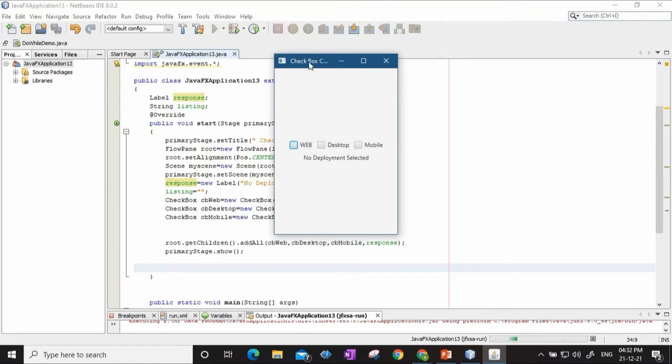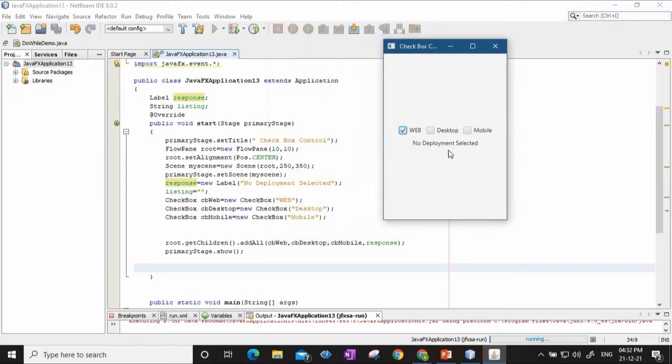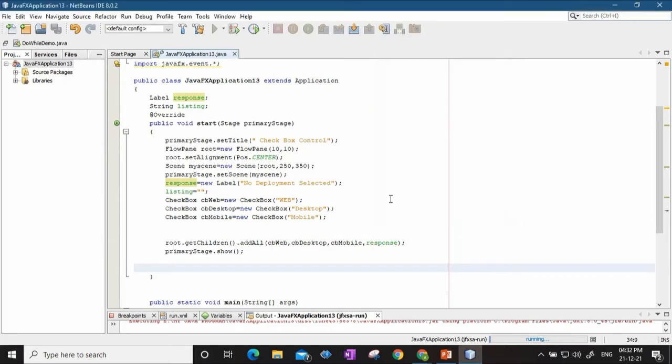So you see, these are the checkboxes. Now checkbox controls, unlike radio buttons, are not mutually exclusive. That means if I select this checkbox, I can also select this checkbox and this checkbox. We can select either one of them, or a set of checkboxes, so no problem. Whatever is selected here is going to be printed here. So that event handling I'm going to do now.